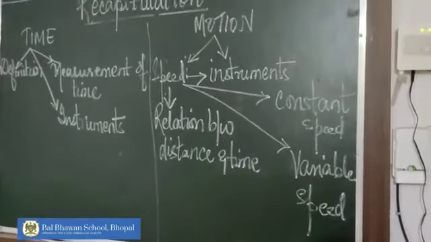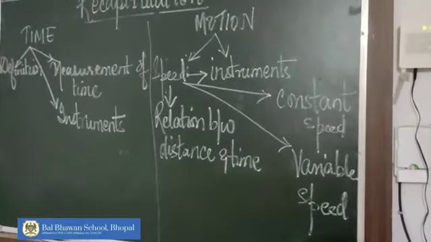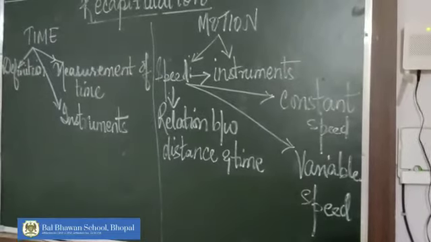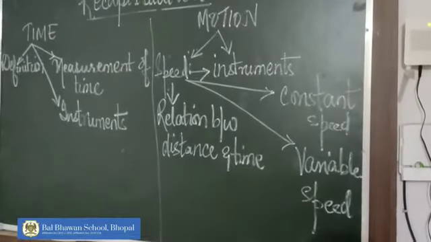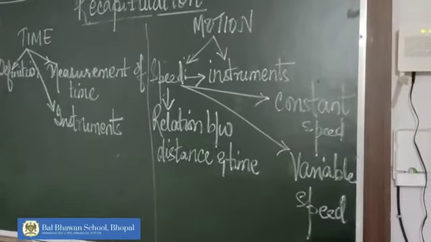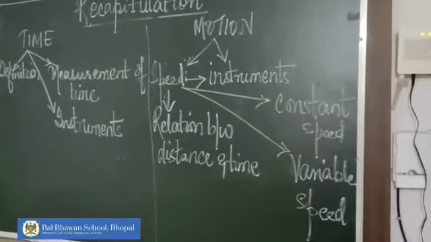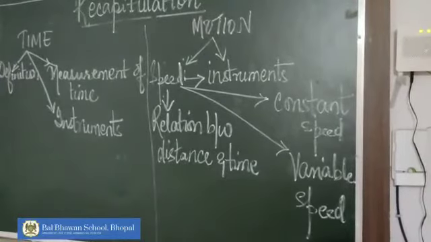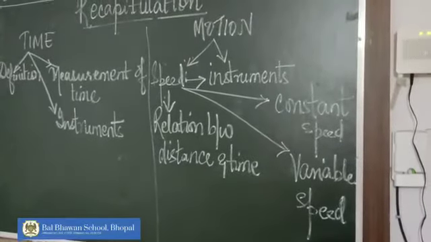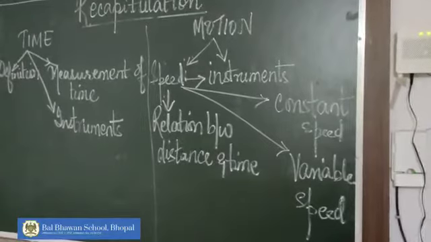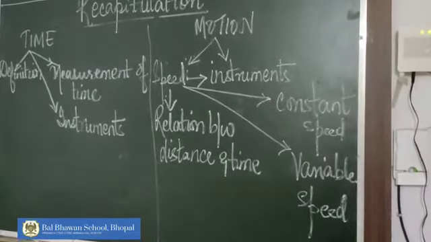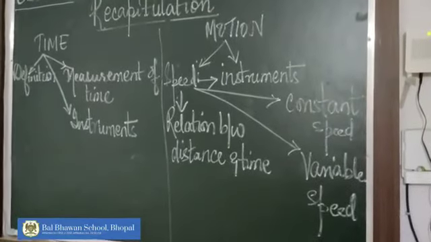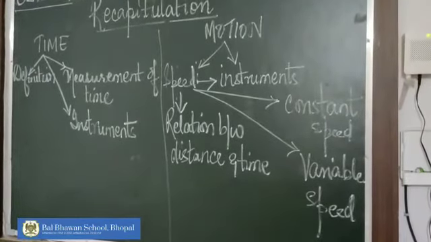But what about when your car is moving in traffic? Will it be possible to drive at a constant speed? No, isn't it? It won't be possible. At that time, the speed of the car keeps changing. Or I can say it is variable speed, or a new term, that is non-uniform motion. The speed keeps changing. So for uniform motion and non-uniform motion, we have also learned the distance time graph.